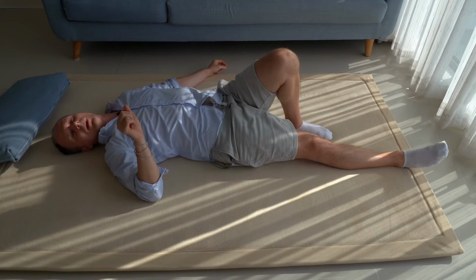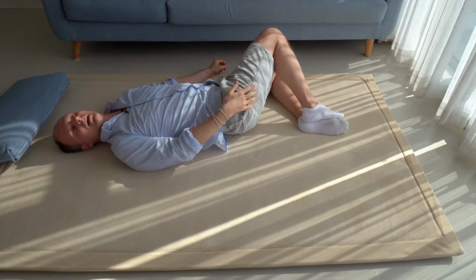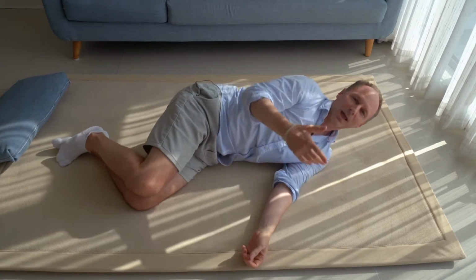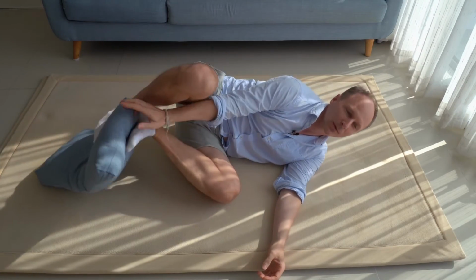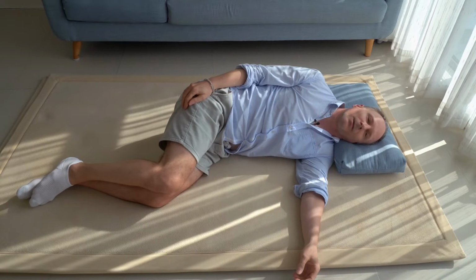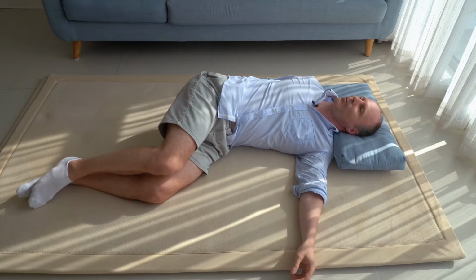Let's shortly do the thing on the side. So turn on your left side and rest your right arm on your right side to explore how the head follows the right arm. Maybe it's different on the right side with the right arm. So your right arm is resting on your right side, and then let your right arm slide behind you to the right,